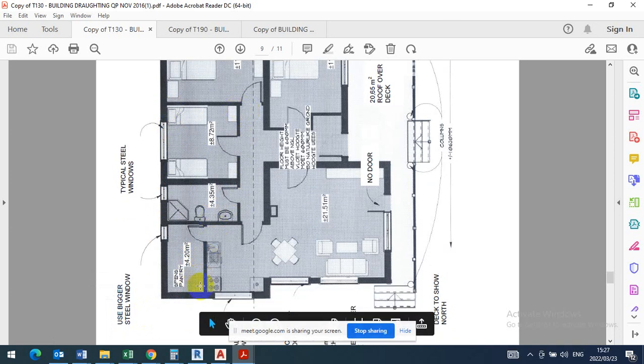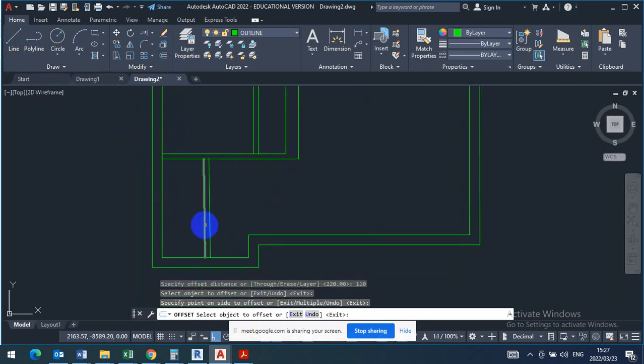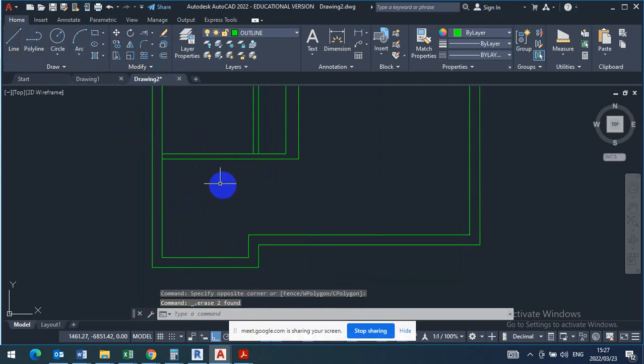Even here, I see there are 2 rooms, which means that you're supposed to come back here and create another partition there. There's a patio, so somewhere there create 1 line, then offset 110, enter, whichever side, but making sure these lines are bent. I'll choose 1 line here, halfway down, offset 110. 110 is for the thinner ones, for the internal wall. Then you can come and trim